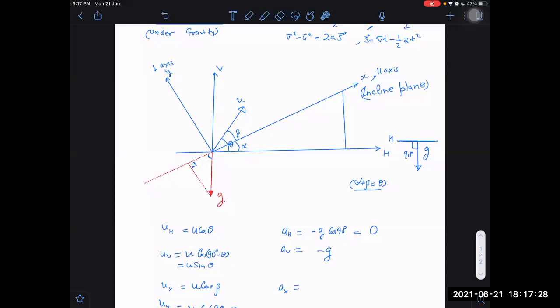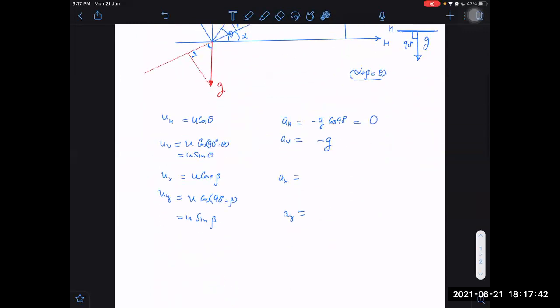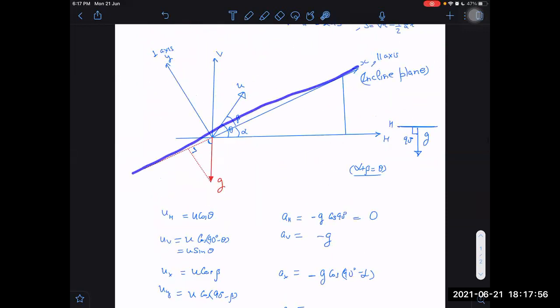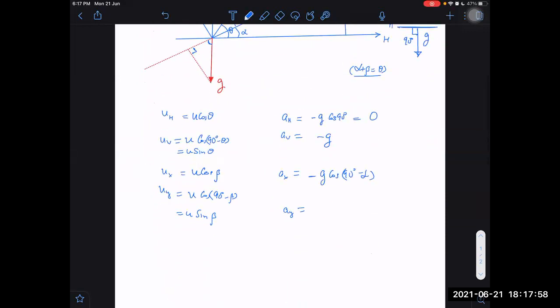How do we know? This is a straight angle, right? Alpha plus 90 plus this, total is 180 degrees. So this side should be 90 minus alpha. Then g cos of 90 minus alpha, and minus also. Why minus? Towards the negative x-axis. I have to produce the x-axis backwards. Did someone give a wrong answer for this, or was it right?